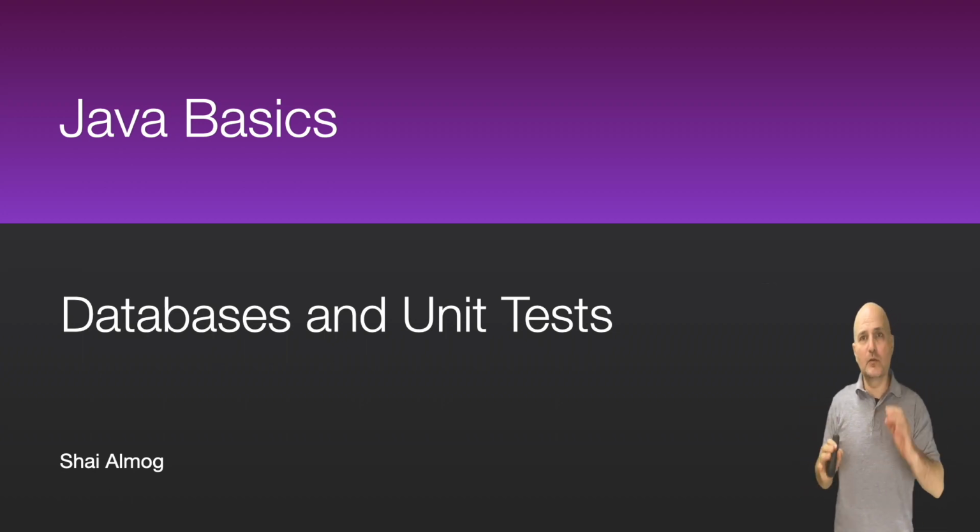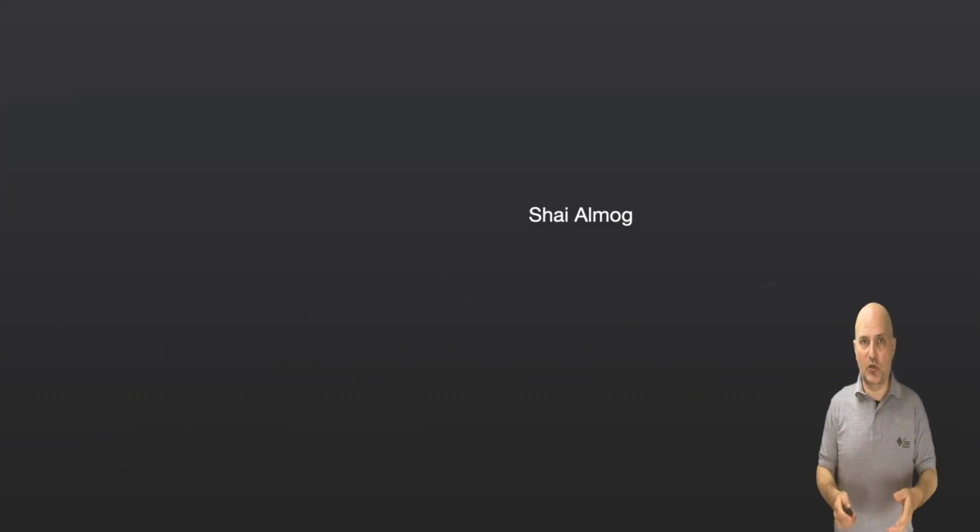We have a cool Wordle clone, but it's still not a complete app. We need to save the data somewhere. We need to know which user solved the word, how many steps they took, and so on. How do we do that? We use a database. In this video, I'll explain what they are, the big ideas you need to understand about them, and we'll even use a simple database to get started.